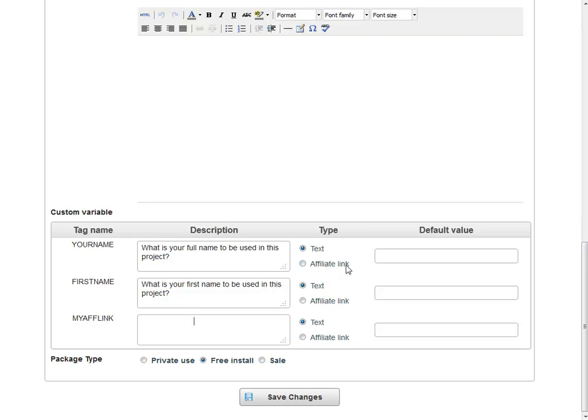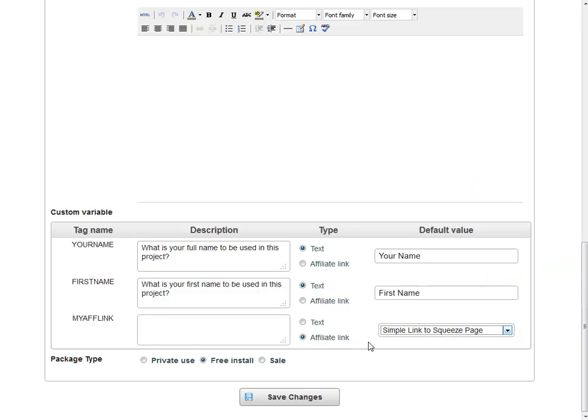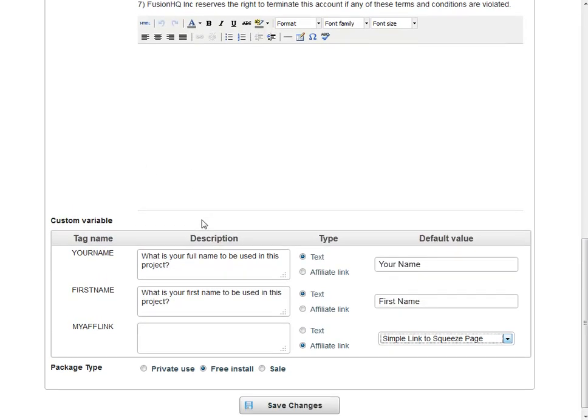So in these cases, I can just put in some description here as a default value. Basically, if somebody doesn't enter this information, then this is what the system will populate the FusionBox with when it's installed. Now, in the case of the affiliate link, what I can do is click on affiliate link, and then here you can see these are all of the different tools inside of Fusion HQ that I'm currently an affiliate for. So if you have your product that you want to promote listed inside of Fusion HQ,